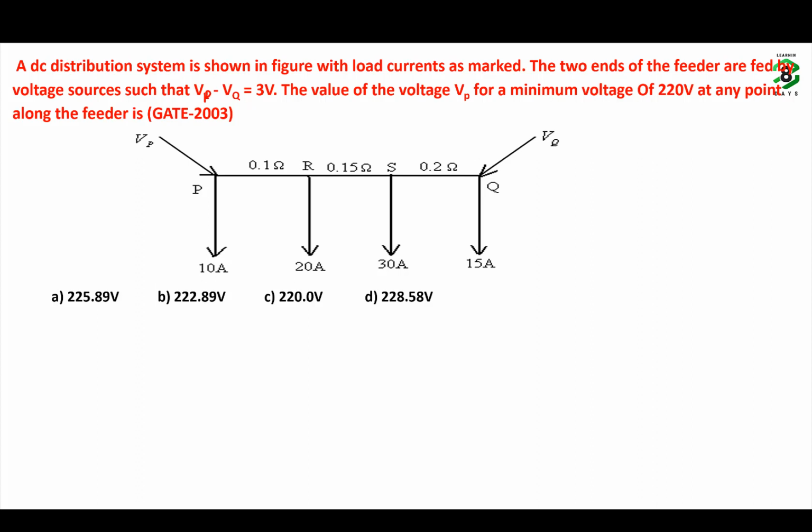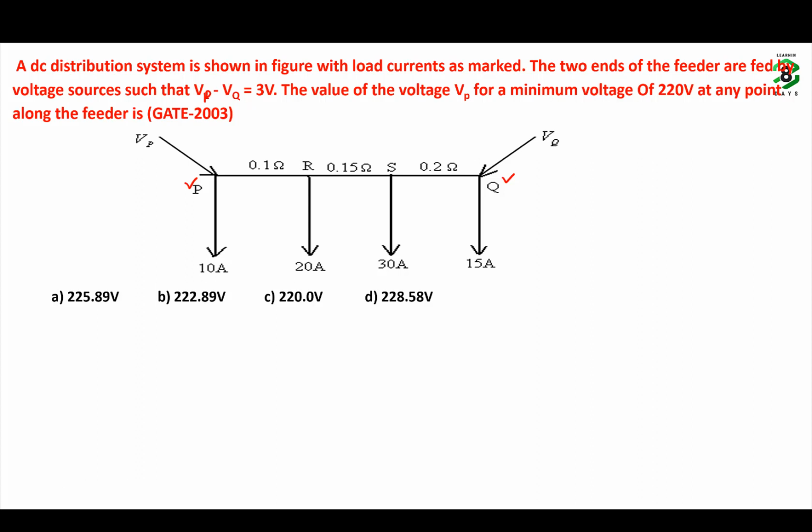What is it asking? This is a DC distributor that is fed from two sources. One source is feeding at point P, the other source is feeding at point Q. Now, the minimum voltage along this distributor is 220 volt. Now he is asking us to calculate the voltage at point P such that the distributor minimum voltage is 220 volt. To approach this problem,